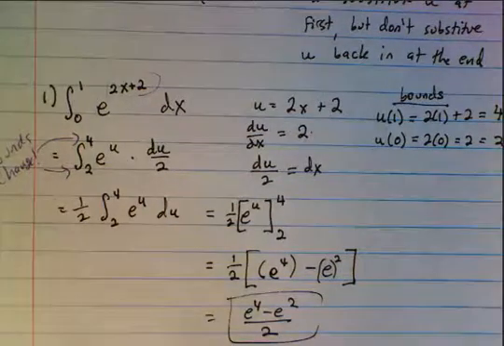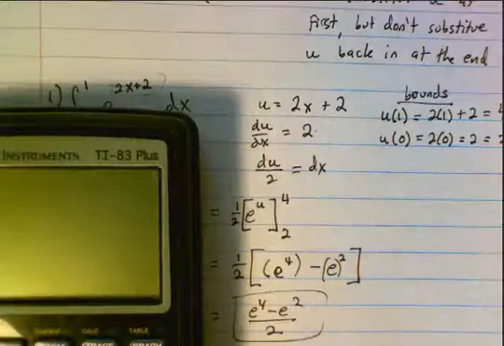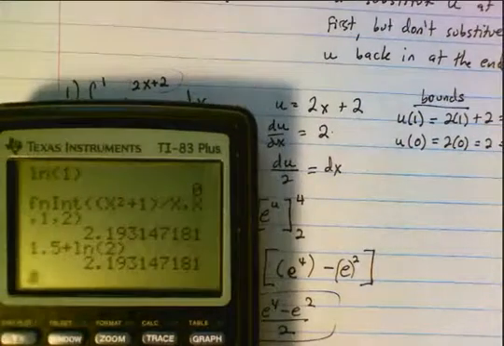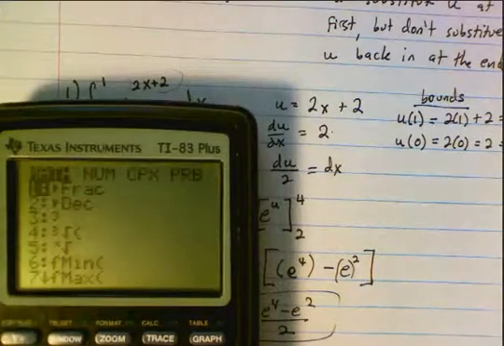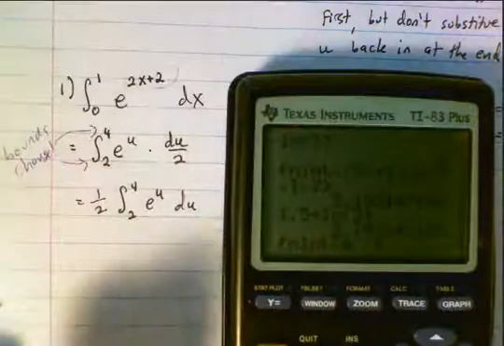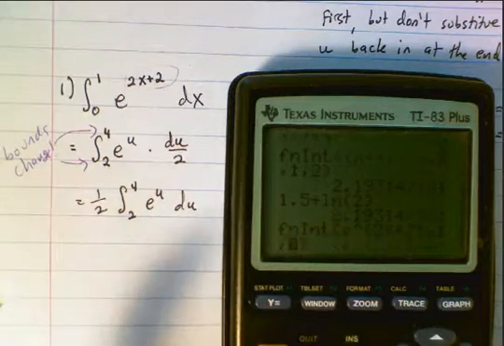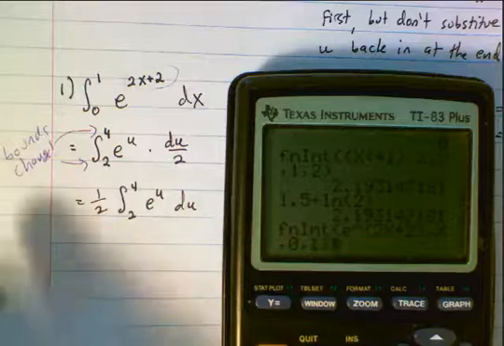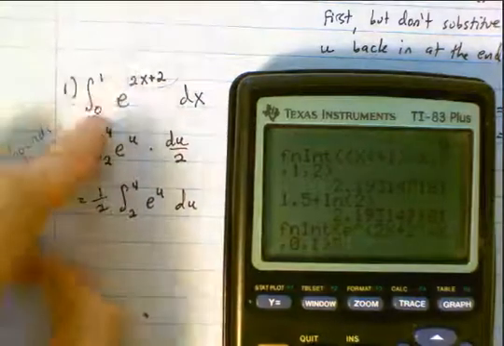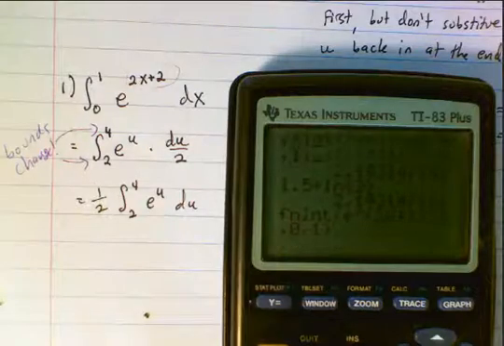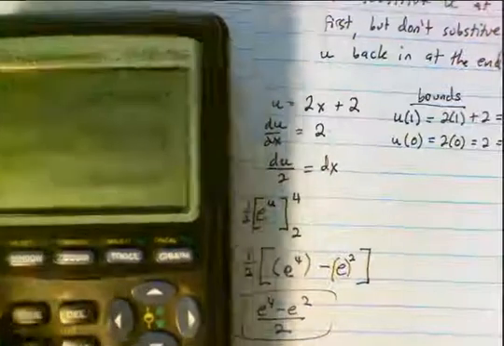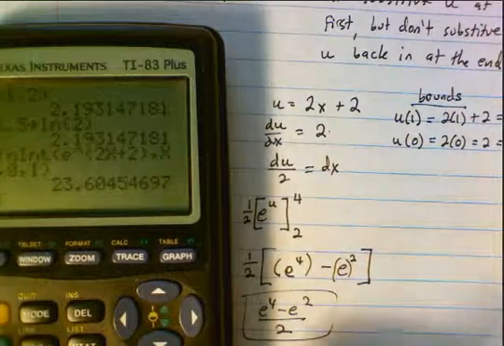When you're using u substitution, it is incredibly important to check your work. There are a lot of different places where you can make an error here. So let's do e to the x, e to the 2x plus 2, comma x, comma 0, comma 1. You could have made an error anywhere in recalculating the bounds, doing the u substitution. So it's very important to check that there, and then check and see if that's what we got for our